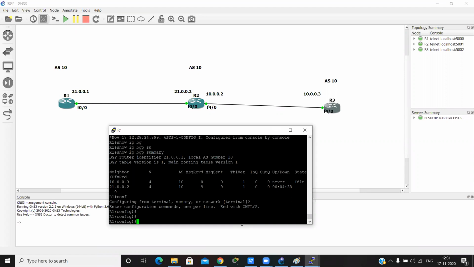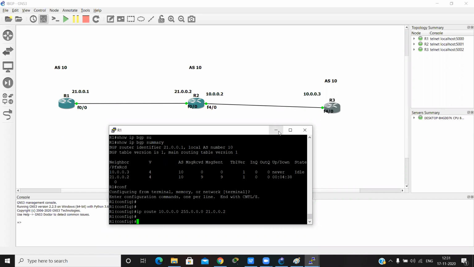IP route, which network? 10 network, then the subnet mask, and then the next hop IP is 21.0.0.2. We have to give the next hop IP.